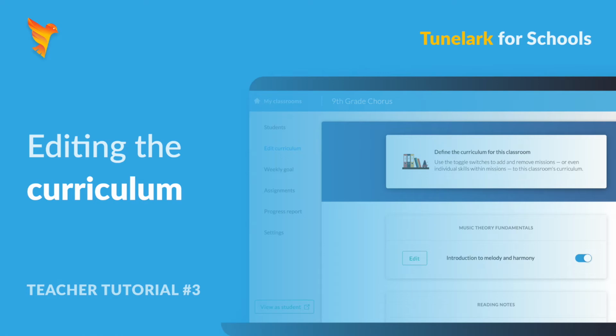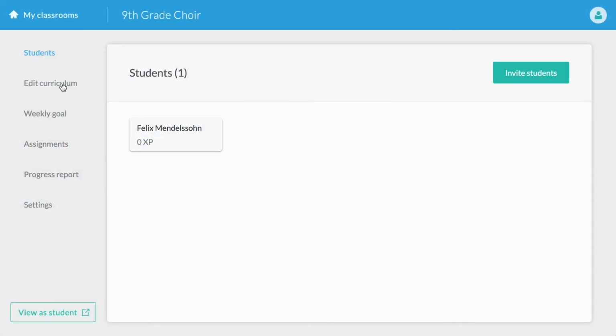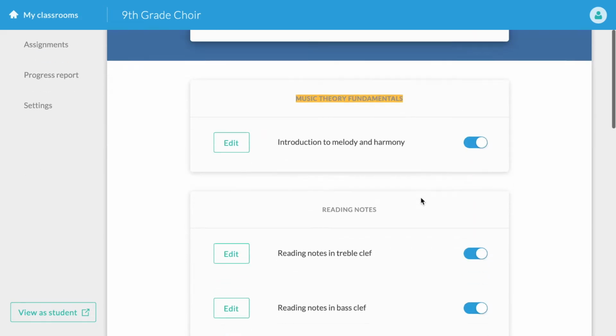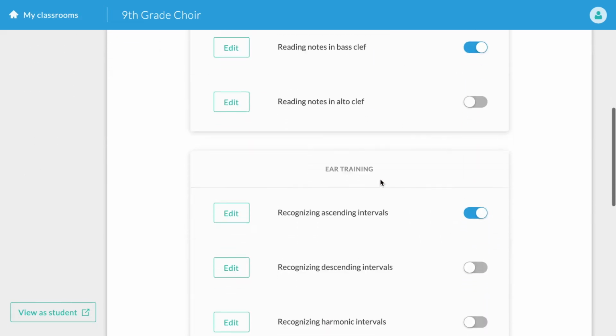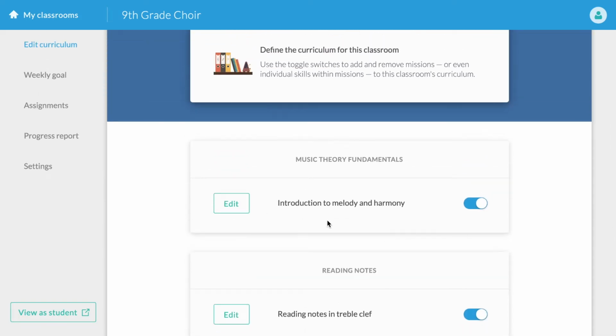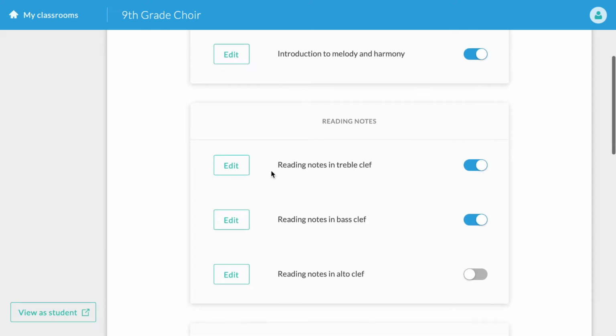Now that you've created your classroom on Tunelark and invited the students who are in that class to join, the next step is to go over to Edit Curriculum and define what educational games are going to be available to these students. The way that it's organized is into a series of categories: music theory fundamentals, reading notes, and ear training. And then within those categories, we have missions: introduction to melody and harmony, reading notes in treble clef,